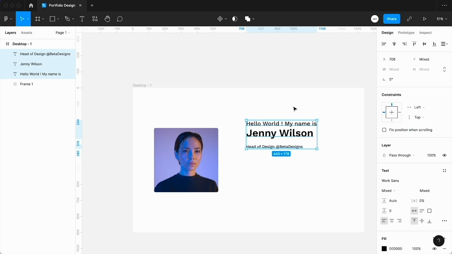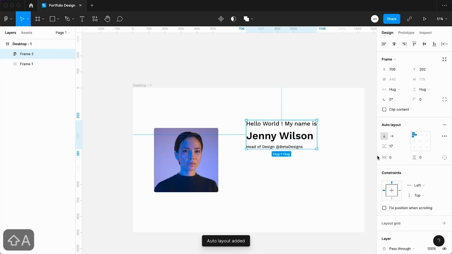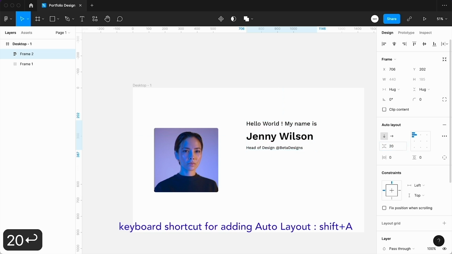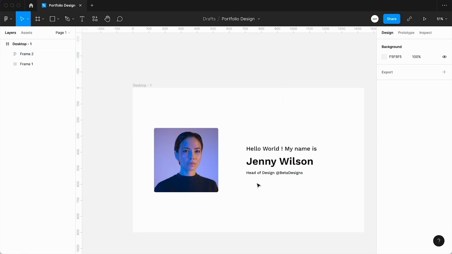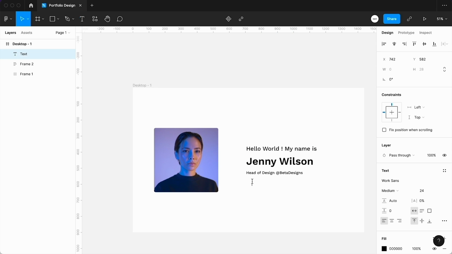Now select all these three and add auto layout to it and put the spacing between them 20. Now arrange these texts into the center, and let's create the button here that says Download CV. For that we will take the text tool and write here